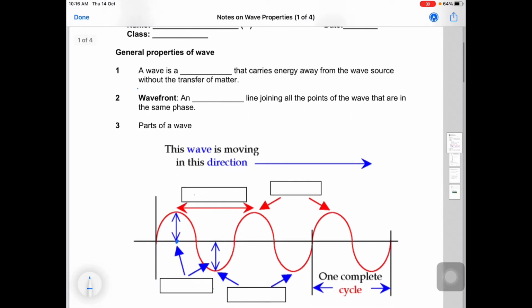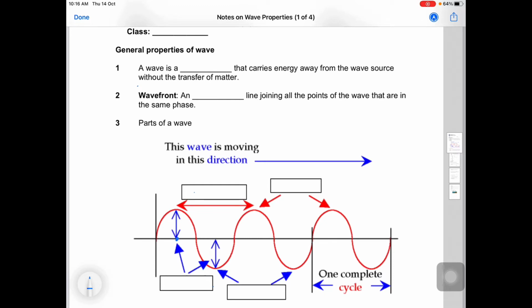So this is going to be a very short video because the topic on waves is just a kind of introduction to what a wave is before we go on to study specific waves like sound waves. So for today you have to know that